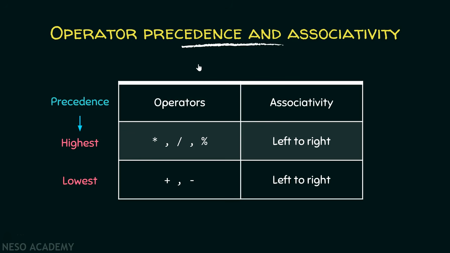Okay, now let's talk about the precedence of operators and associativity. Suppose you have an expression like a + b * c / d. Precedence simply means which operation is going to be performed first in that expression and which is going to be performed last. Here you can see multiplication, division and modulus all have the same precedence. If these operators are there in your expression, then all have the same precedence. It is not the case that division is performed first, then multiplication and then modulus. All have the same precedence.